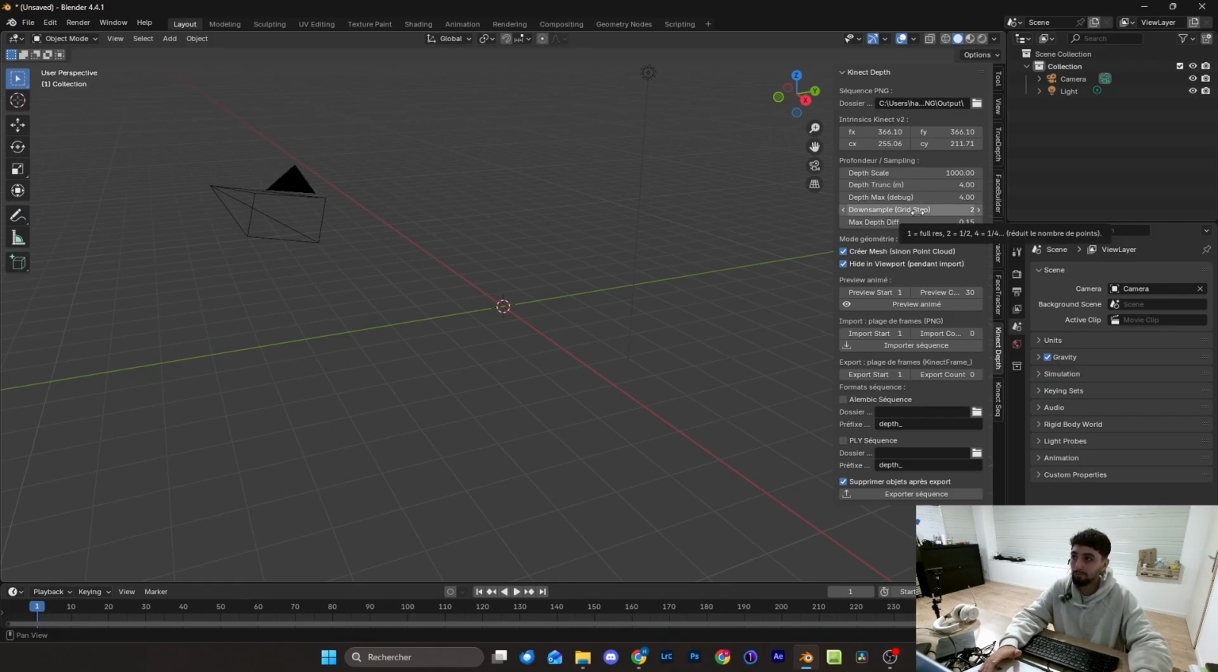If you have a good computer, you can put 1 because it's gonna import the whole sequence at the best resolution. But if you have a less powerful computer, I mean just a tiny computer with an old GPU, you can put a 3 or 2, so it's gonna downsample it, like make half the resolution. And